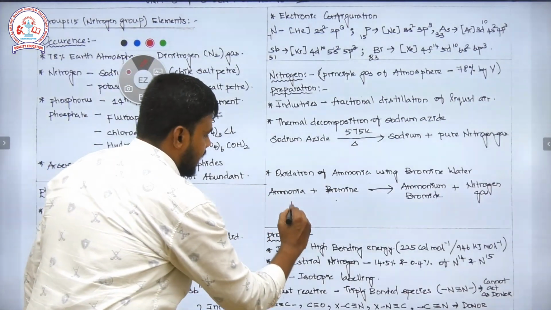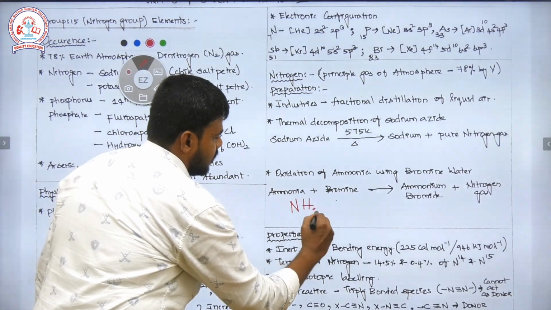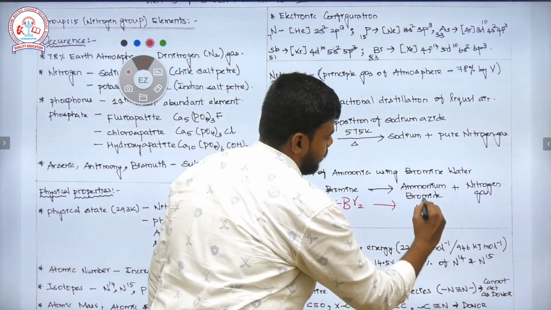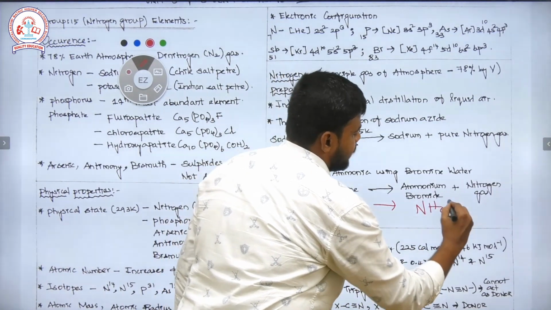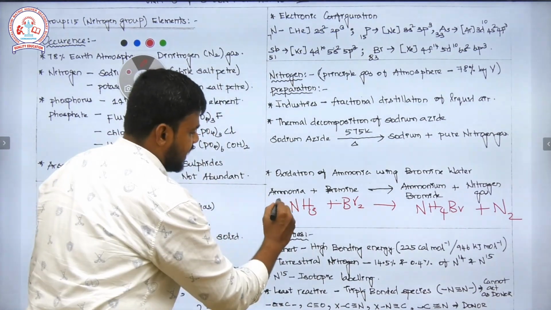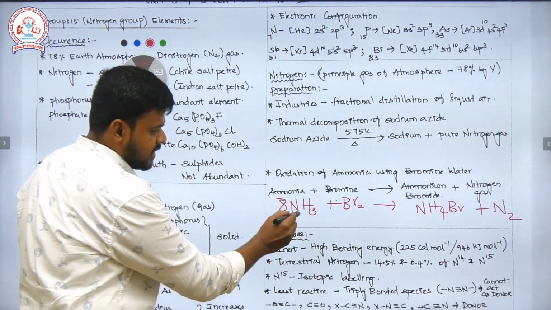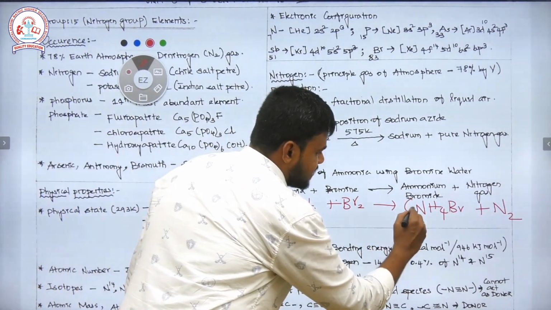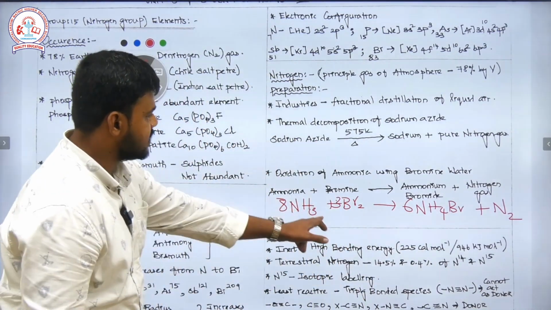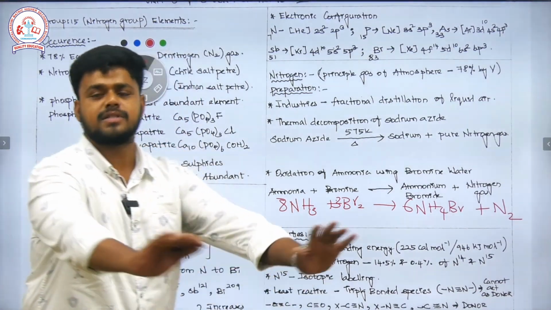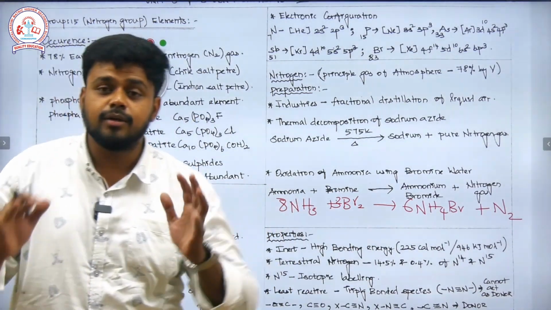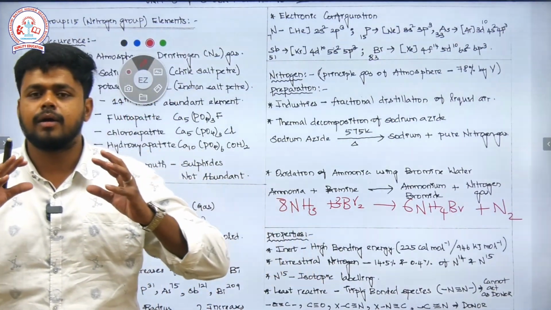So NH3 reacts with bromine to form NH4Br, then N2. If you make it 8 here, nitrogen becomes 8. So obviously I'll make it 6 here. So bromine becomes 6. So I'll make it 3 here. So hydrogen is 8 3s are 24, 6 4s are 24. The equation is completely balanced. Since we are trying to bring a collection of content into a single video,